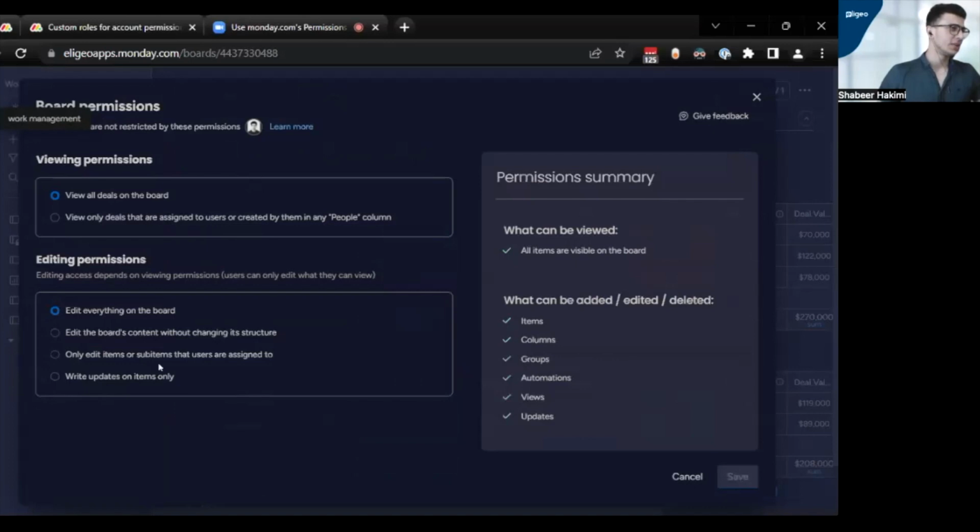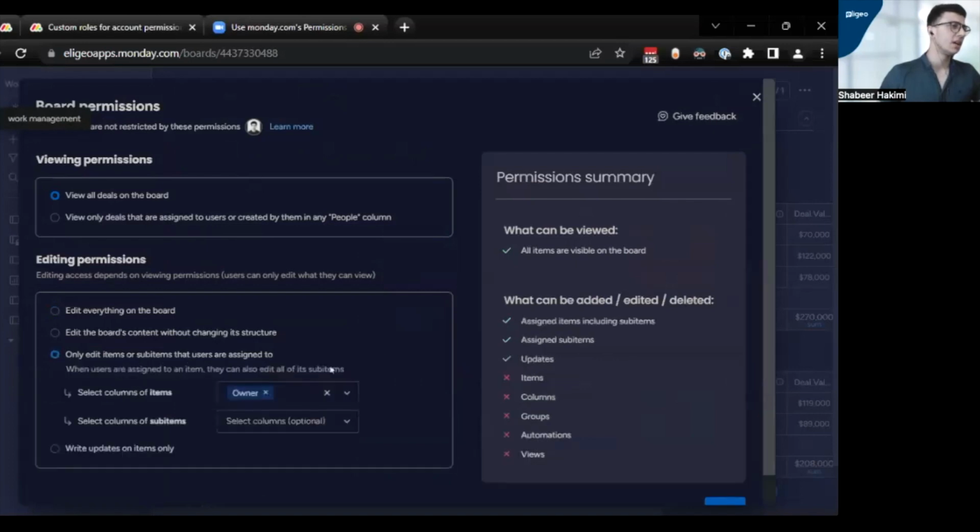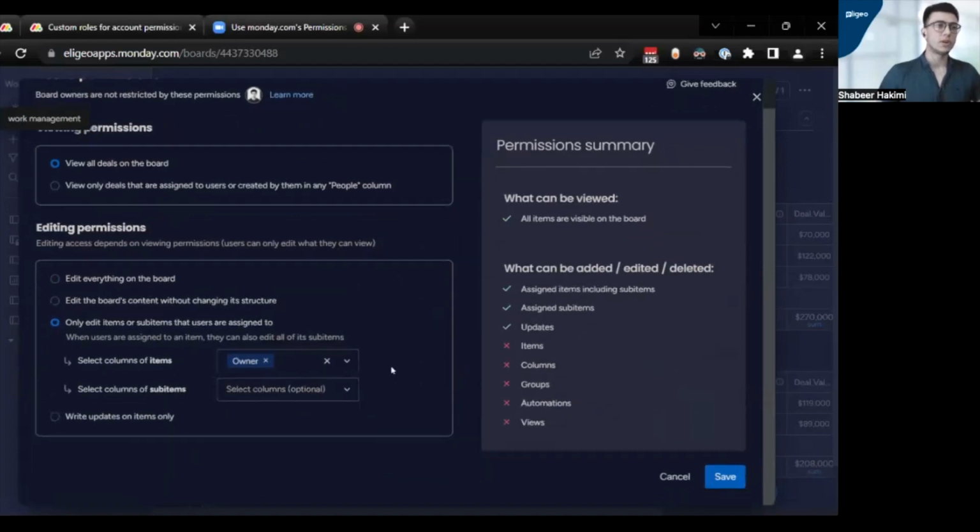The next option is only edit items or sub items that users are assigned to. This is a good option for people who are stakeholders or collaborators. We can just select those items that we want them to finish, so we can assign them specific tasks, and they are able to see just those tasks that they